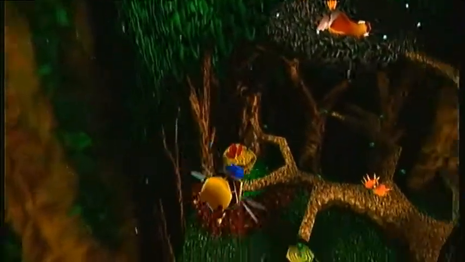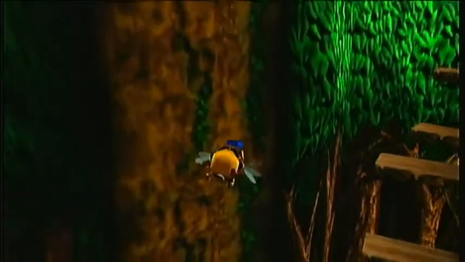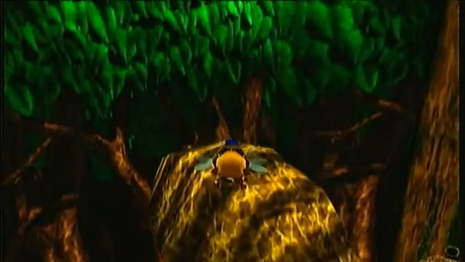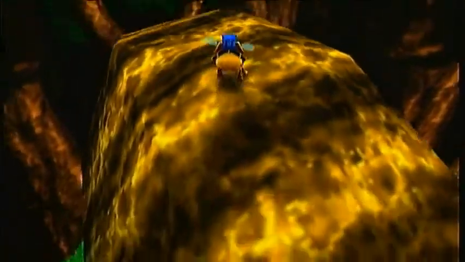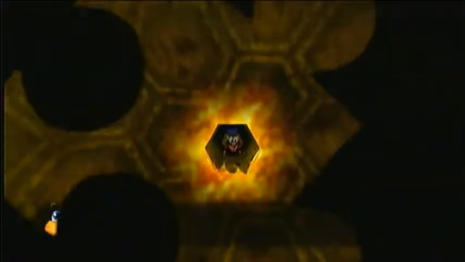So, if I can try to find it, then that will be good. Actually, it's right here. Alright. So, we're a bee. Where do we need to go? A beehive, obviously. So, by going into this beehive...